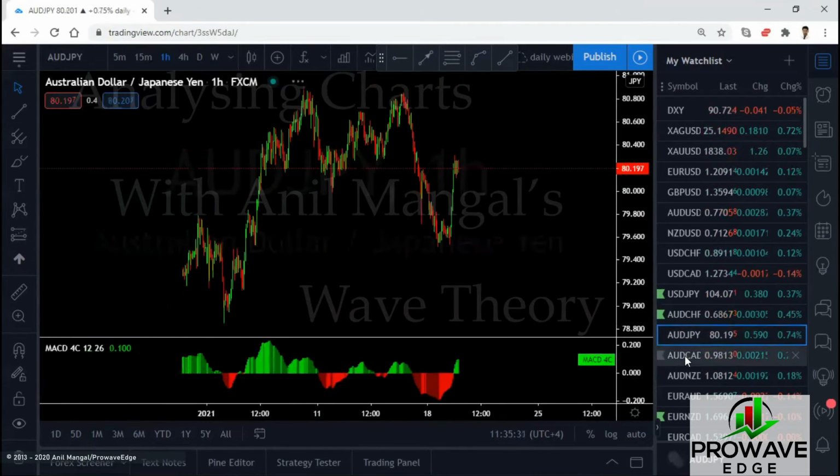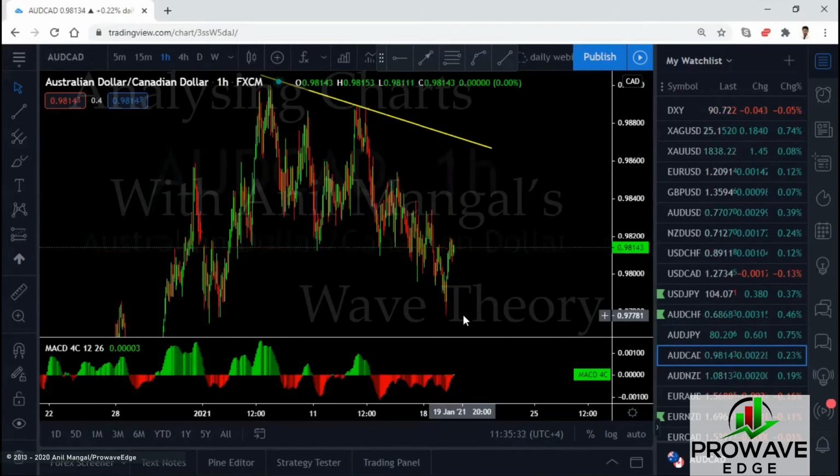If they're going up, we buy the Aussie yen, buy the Aussie CAD. Those are 2 buy setups we have. 2 for the buys, 1 for the sell. Let's see which way they go, because if this goes back down, the Aussie Swiss will give us a good trade. Come on.